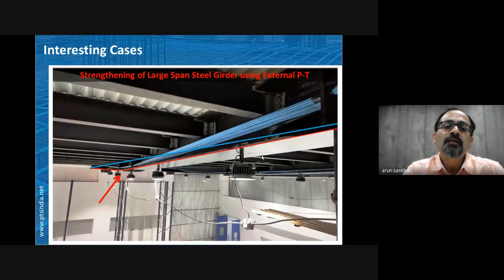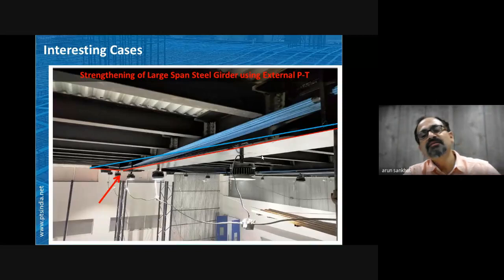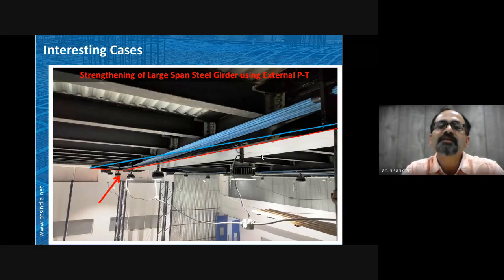Above this, there was a testing laboratory. This deflection came during the erection, or the loading of the top floor, meaning the laboratory part. After having the laboratory part, they came to know that the beam had deflected. Now they don't want to reverse the deflection or straighten it, but they want to maintain this deflection for the long term. They don't want further deflection. So they wanted us to make sure about that and make a provision for it by introducing PT.